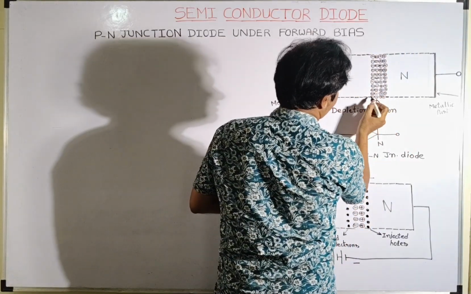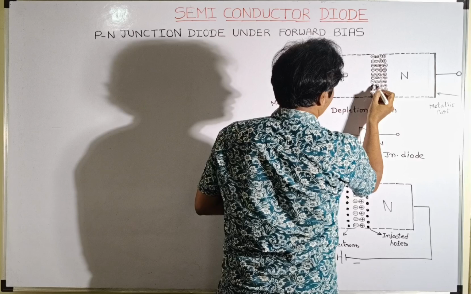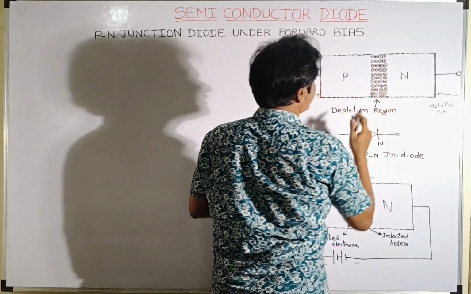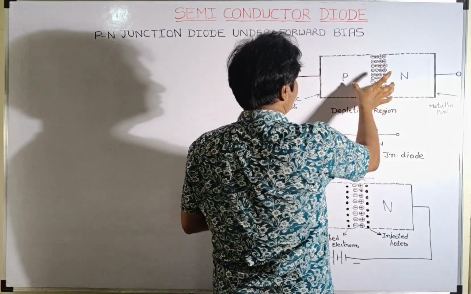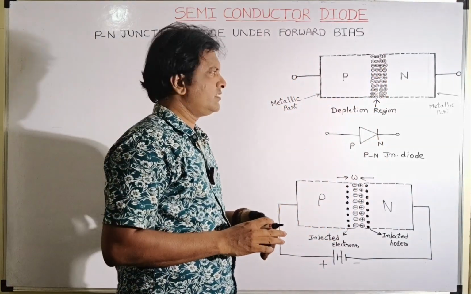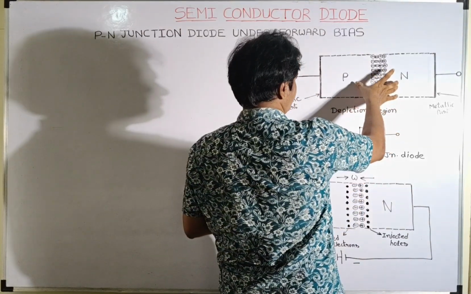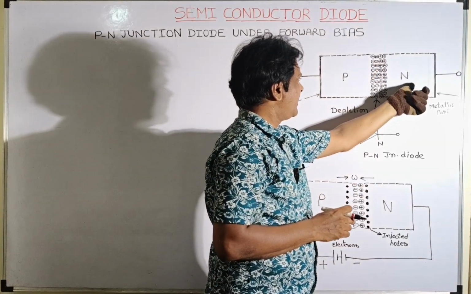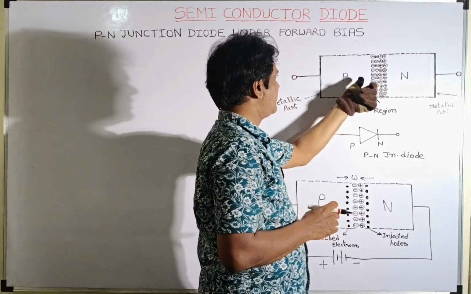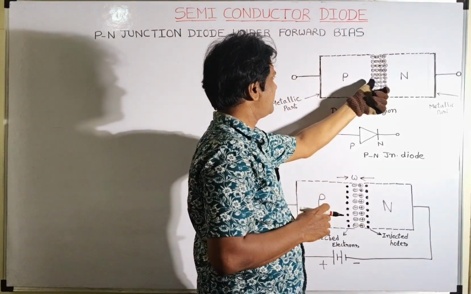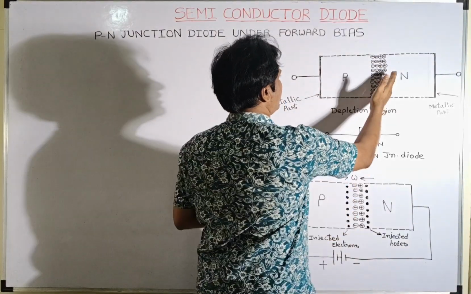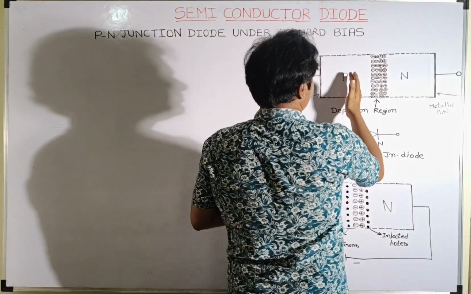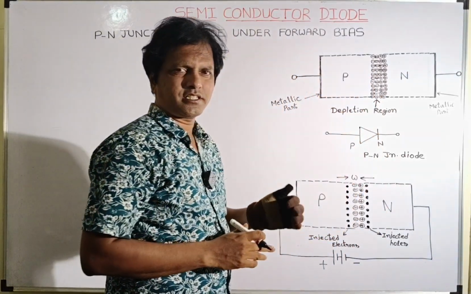Here I have written the negative charge symbol on the left side and the positive charge symbol on the right side because whenever diffusion happens, due to the potential difference, the electrons will cross the barrier, that means the junction, and they will come into the p-type material. At the same time, because of the concentration gradient